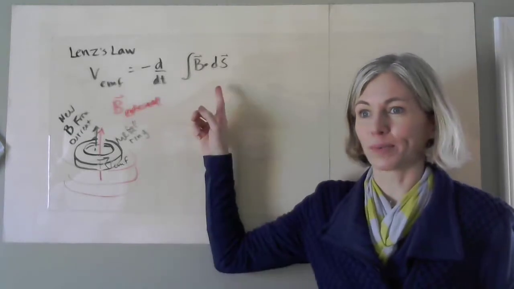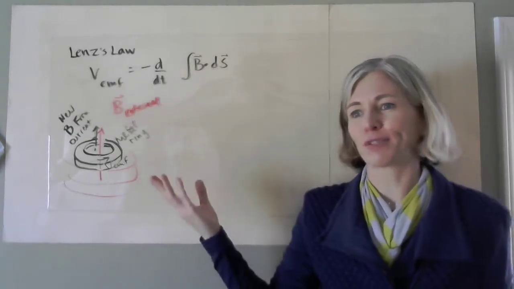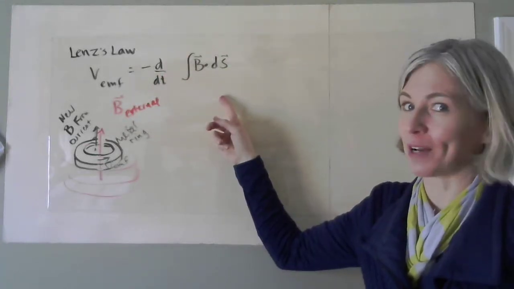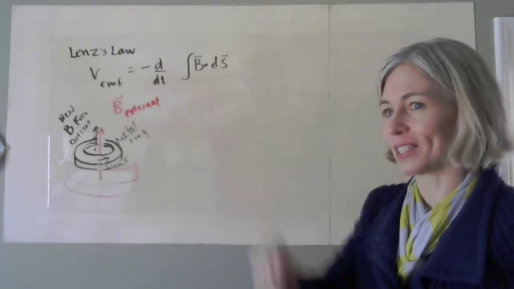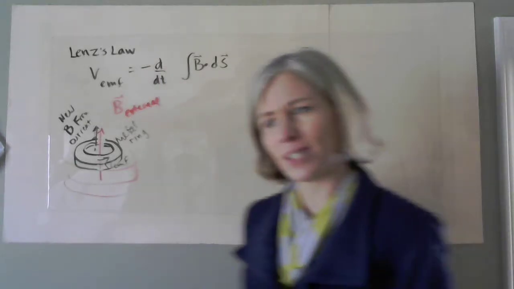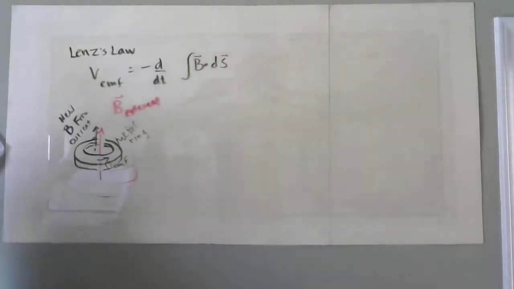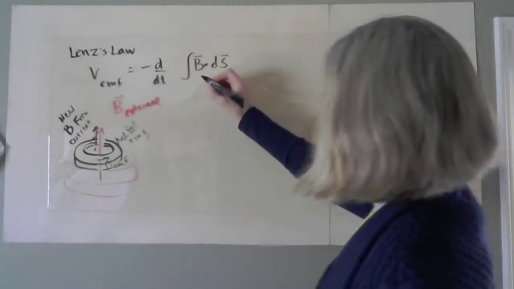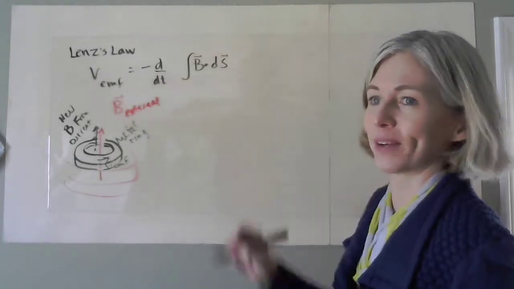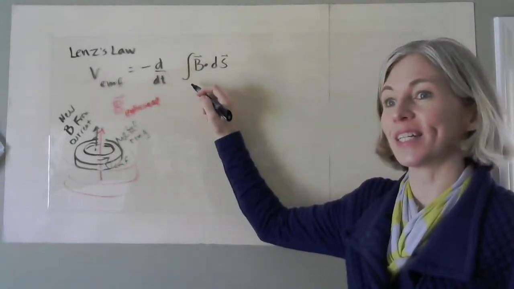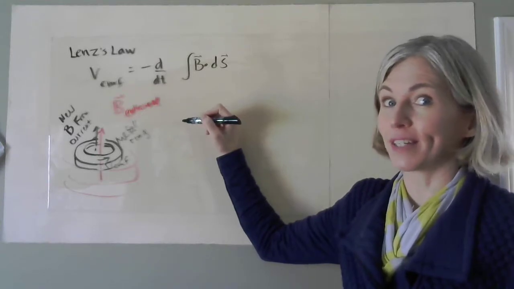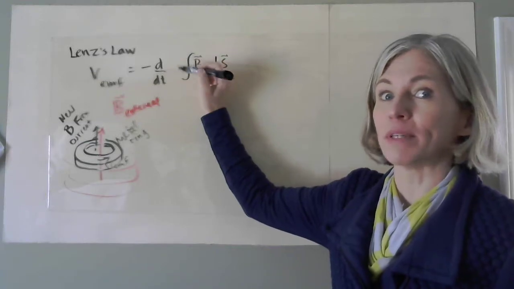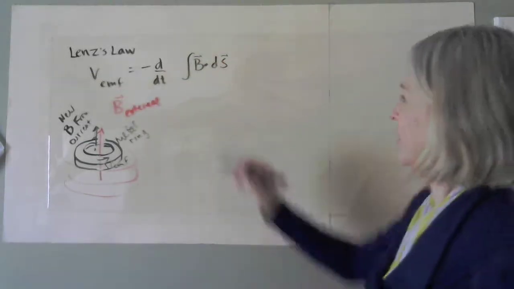We're doing this integral, and we're not really getting too much information about the vector value of this. We're taking this whole thing, and we're doing this dot product. We're counting up how much flux we're getting, and then we're taking the time derivative. So we need to do a little bit more math and look at how we're going to do this derivative, this whole thing right here. If we're sticking with the idea that we've got this external magnetic field, and in the case where the limits of integration are not changing, assume